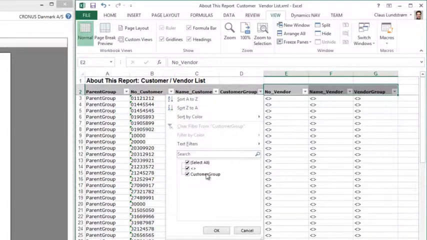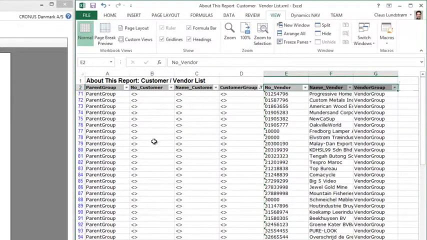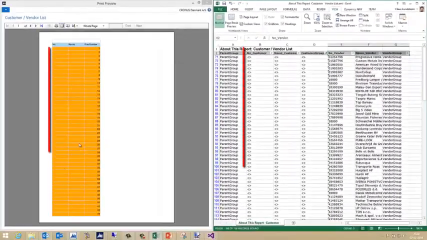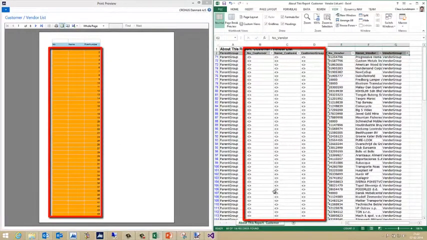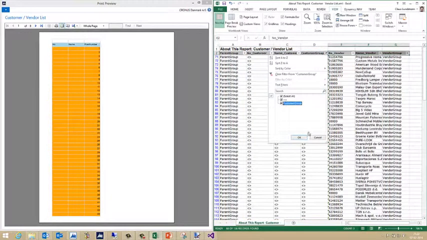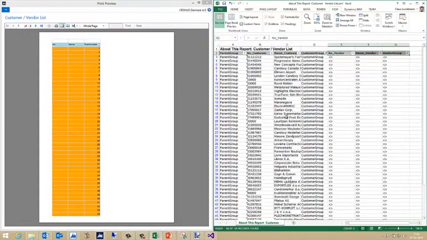It's either customer group or it's blank. So now if we take the blank, so let's say we filled out the customer group, and we say OK, we get all the vendors. So all the rows that we have here is all the vendors that are showing, and everything's blank here. Let's remove all the blanks, and with the customer, so now we get all the customers. So that's what's going on here.